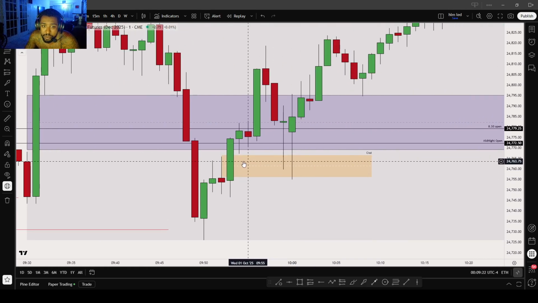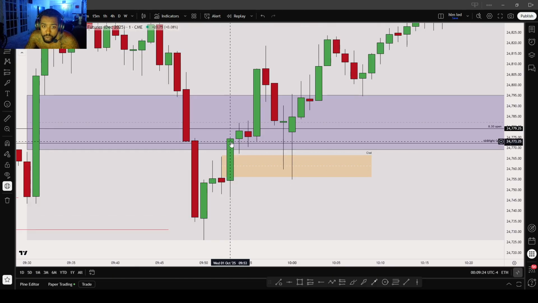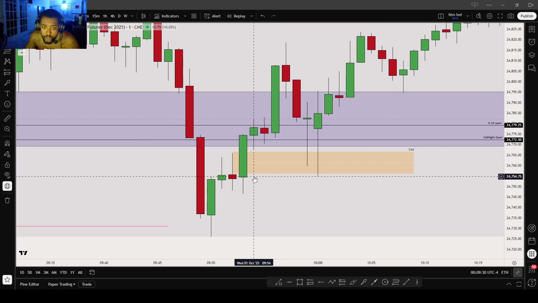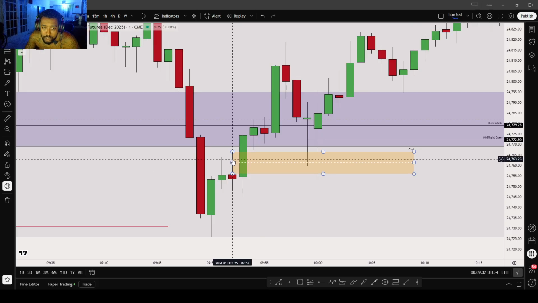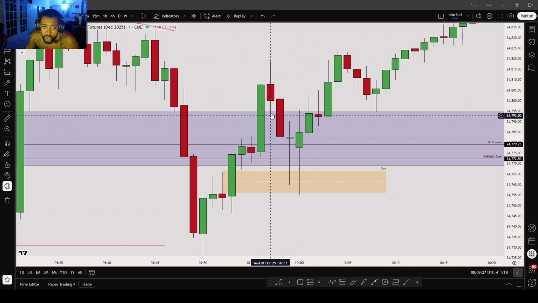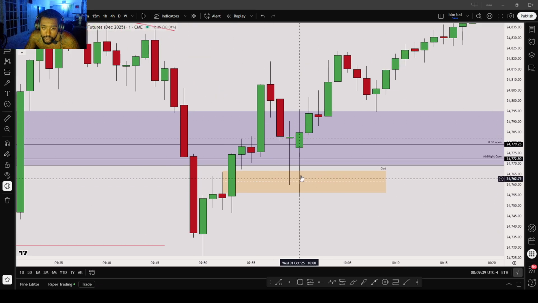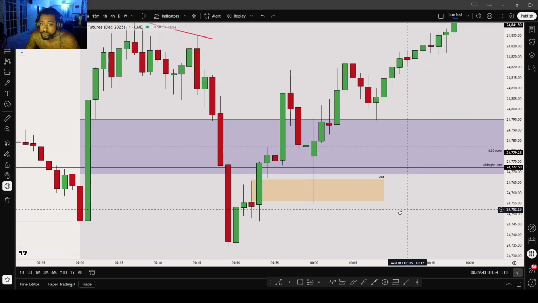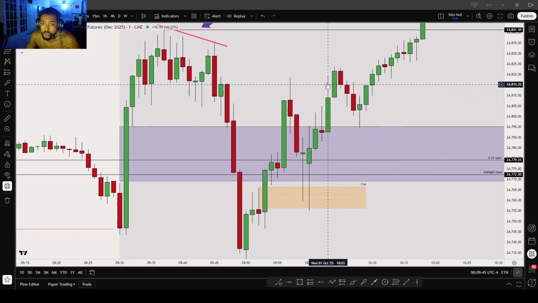So we came down. You see the down close candle, then an aggressive close up, leaving a displacement leg. I'm using the wick and the opening price, which is the most sensitive part of the order block, from the opening price to the high wick. You see how it comes into it, respects it and leaves away, creating a new change in the state. So you see we create a new change in the state right here.